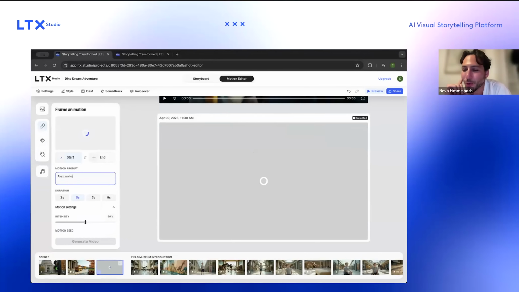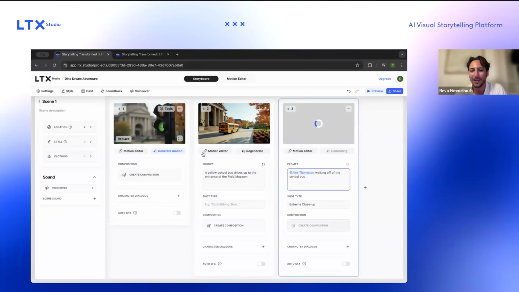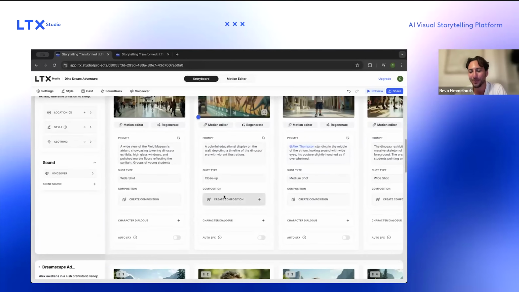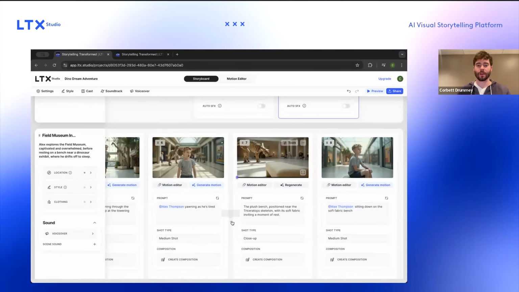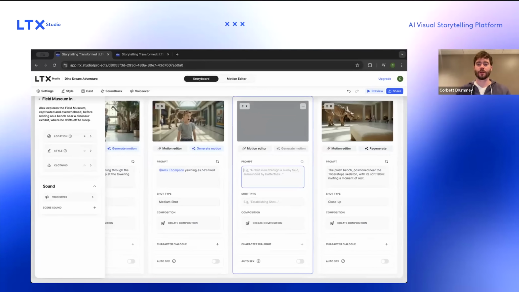I think a cool example would be instead of doing a prompt of Alex yawning, you could have just done a close up, or just Alex appears in the museum, and then use the face expression feature and adapt his face into looking like he's yawning. Yeah. And then in the motion prompt, you could have done the yawning part. So I could say here, close up of Alex. I'm being pretty lazy with this, but just an extreme close up. And